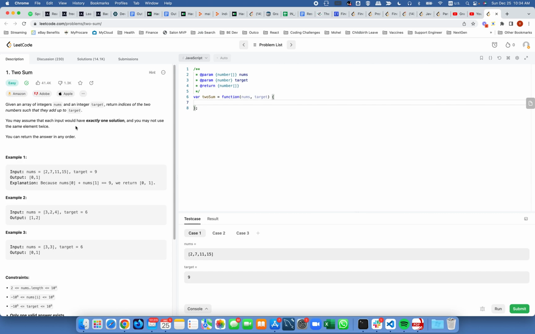Okay, so let's take a look at example 1. So we have an array of integers. We have a target of 9, and so we want to return indices of the two numbers such that they add up to target. Okay,